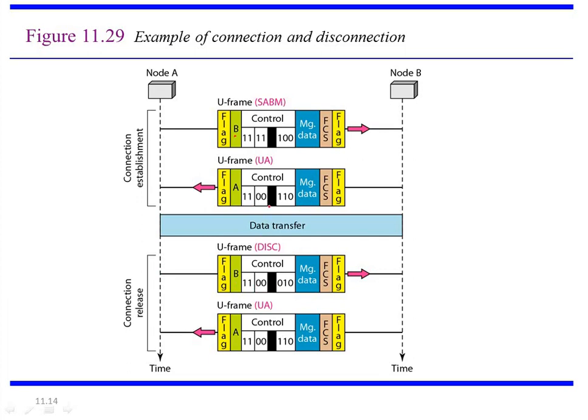So the information now is changed. Here you can see that this is 00, here it is 110, 100 and 010 information. So this information is there and the response will be totally different. The response will be 100 and here it is 00. So here you can see that this is the response and this is the acknowledgement from the other end and the connection is released. This is the simplest format of how the data is transferred.